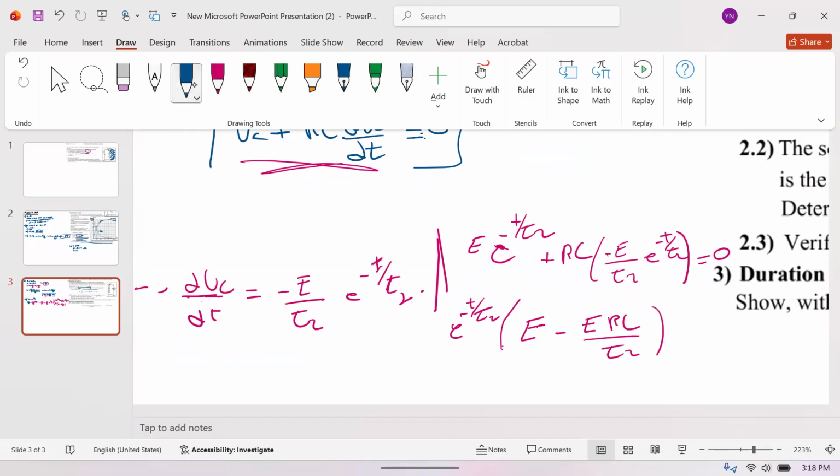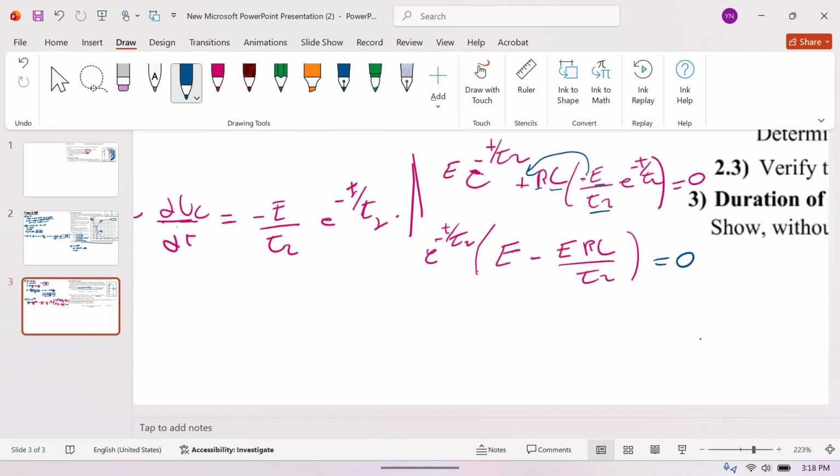Why did I have this? Because the minus here, I will put it outside, and I will multiply all the physical quantities R, C, E, and tau 2 with each other. Okay, equals to 0. And we obviously know that the exponential can never be 0, so we will simply put its factor equal to 0. So 1 minus RC over tau 2